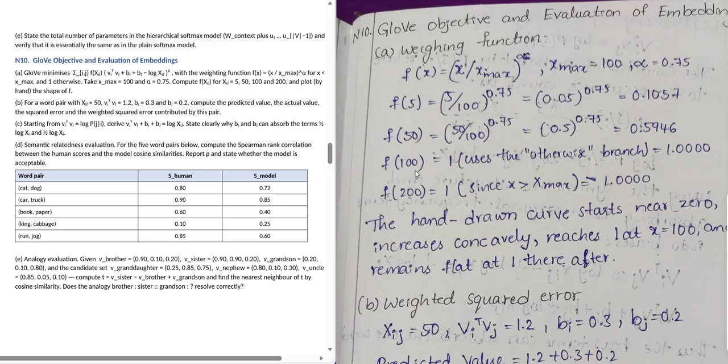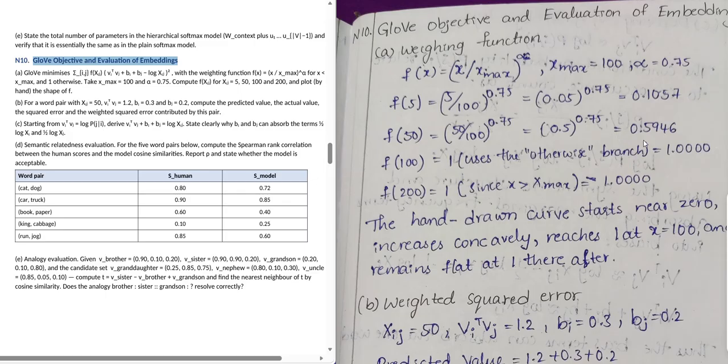In this video, I am going to explain the loss objective and the evaluation of the embeddings. For this, we use the weighting function. For the weighting function, we use the formula f(x) = (x / x_max)^alpha. Here we take x_max = 100 and alpha = 0.75. By using these values, we found that f(5) = 0.1057 and f(50) =